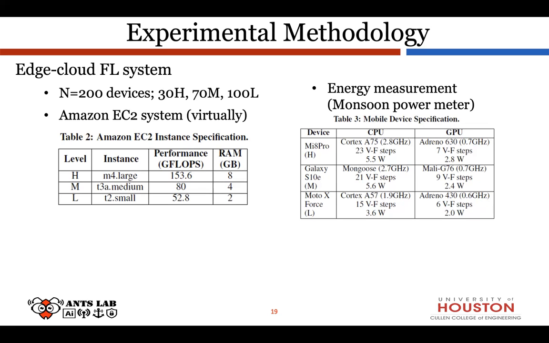Yeah, I understand that for EC2 there is no way you can measure the power. Yes. But still, it looks weird, because if you want to work on the device, work on the device. If you want to work on the simulation instance, you work on the simulation instance, right? So the relationship is weird. It's almost not that correlated. Yeah, it's because it includes 200 devices, so it is impossible to run all of them on realistic mobile devices.